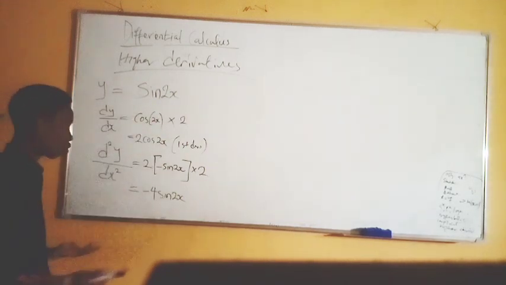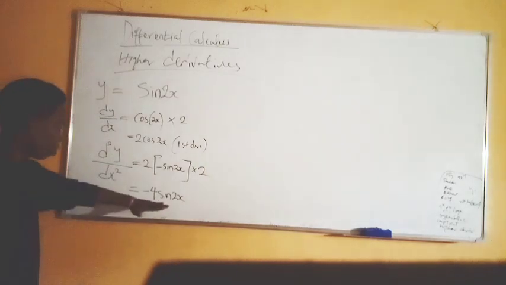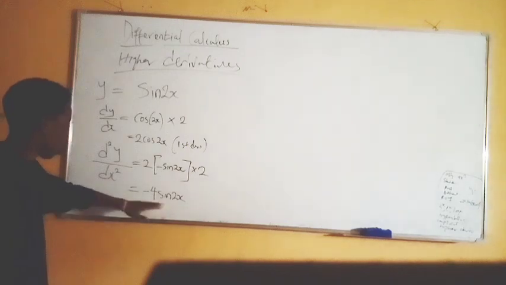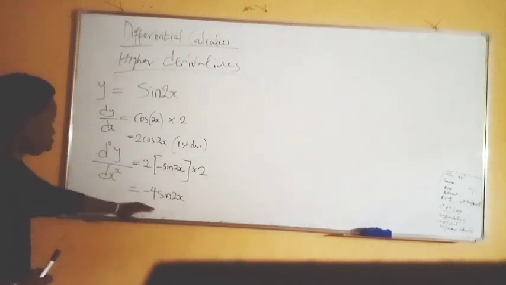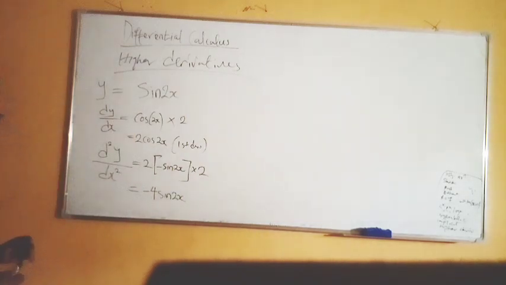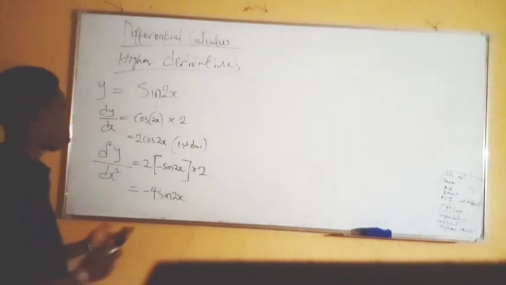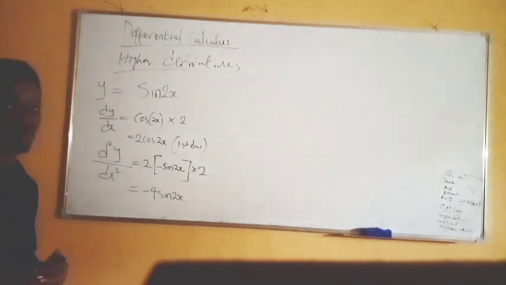If we go for the third derivative, we differentiate this again. From here you should get minus 8 cos 2x if you differentiate the normal way we differentiate functions of functions. So that's higher derivatives. You can also test it yourself. Okay,